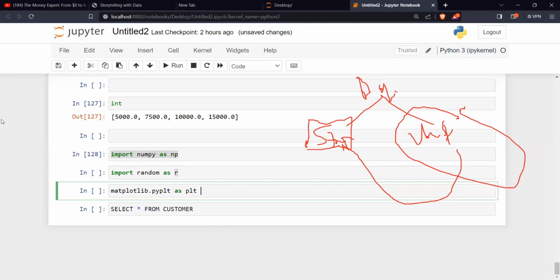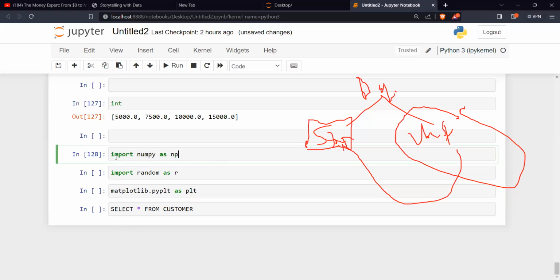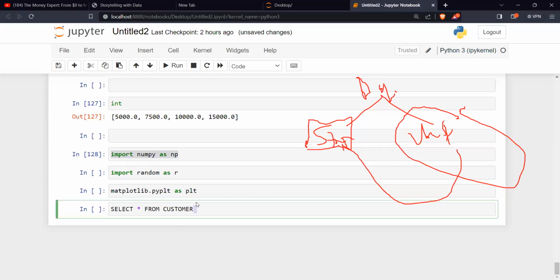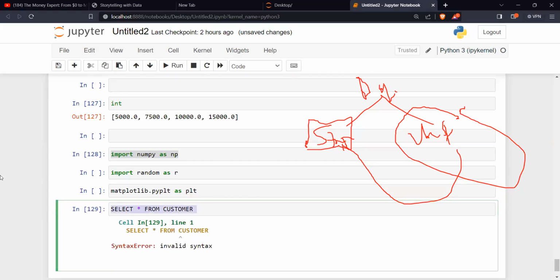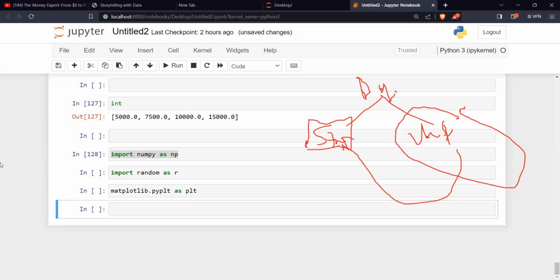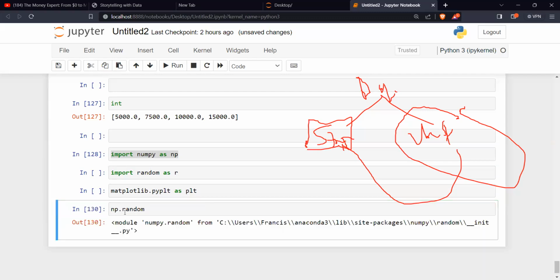So they are called aliases. When we are now bringing libraries, we just import numpy as np. So anytime I want to call numpy, we'll just say np dot maybe random or something like that. You see that? Because inside numpy there's random inside.